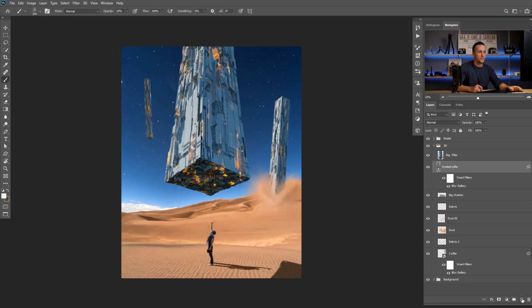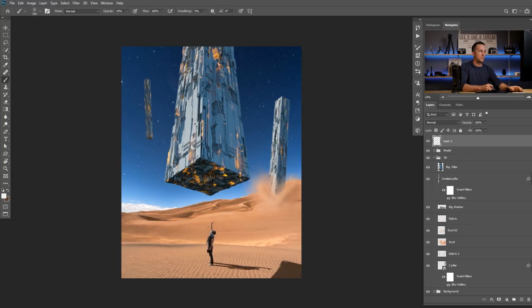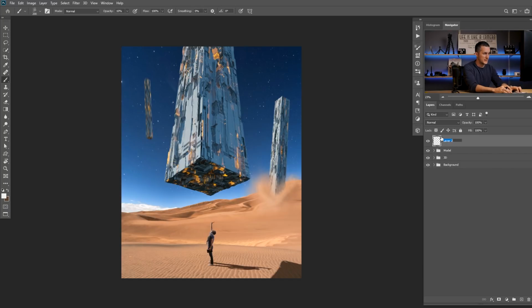Let's go here below the pillar. Actually we can go all the way up above the model because we need to have everything around. You will see. Let's close this and let's name this big circular smoke, or cloud smoke. Okay, and now there is a really cool way how you can do it. First I want to use the elliptical marquee tool and